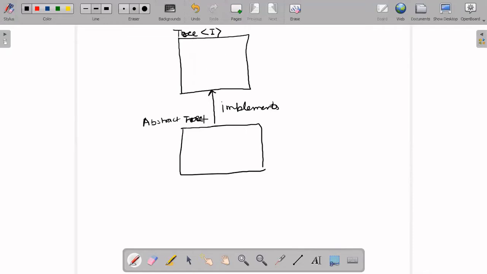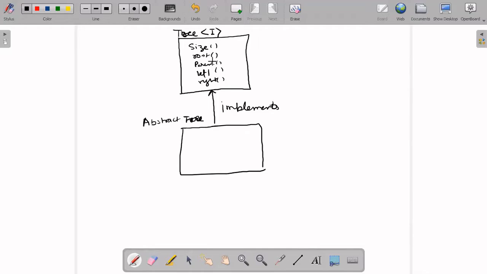If it is not with I, then it is a class. That's fine. So what all methods were there in tree? Very simple methods I am writing. Size was there. Another was root. Parent was there. Left was there. Right was there.